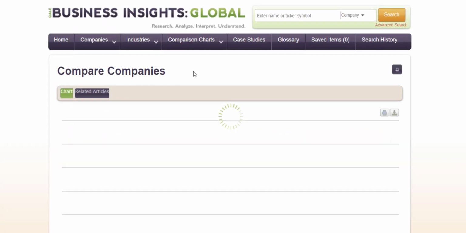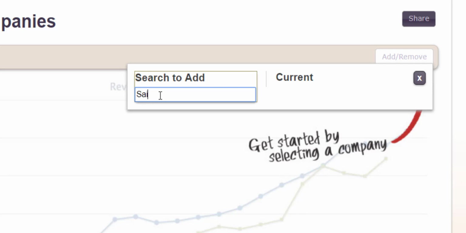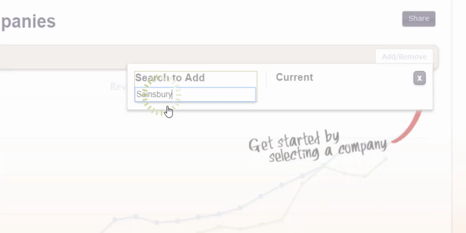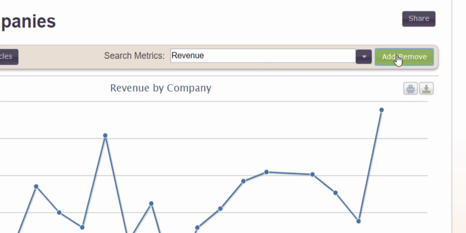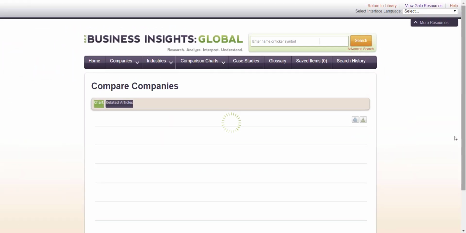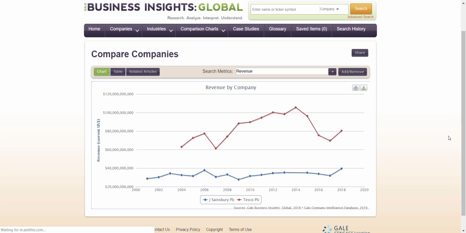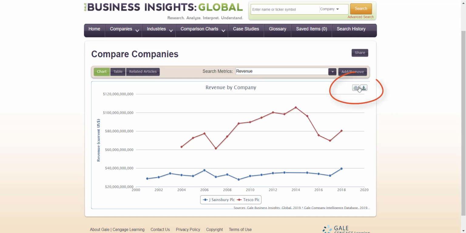So I'm going to go to companies and add in Sainsbury's here. And compare this to Tesco. And here you'll be able to see how the revenue is comparing. You also have this drop down and you can pick from other categories too, like employees, revenue, employees over time, sales per employee, that sort of thing. And this is downloadable or printable over here if a student wants to put this into one of their research